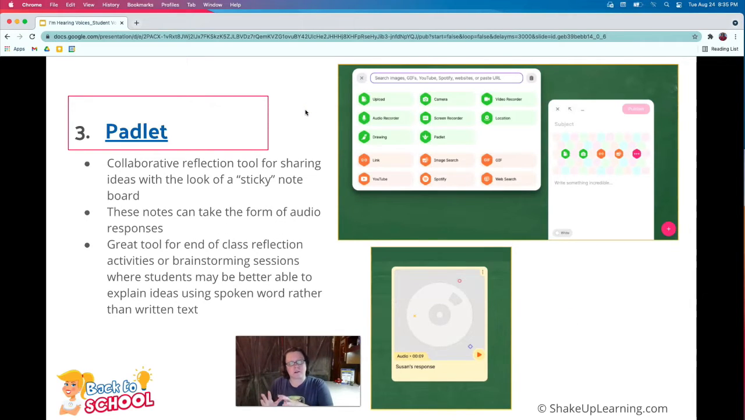Padlet is one of those things that have been around for quite a long time. And yes, Padlet used to be free. It's not free anymore. I believe the free version allows you to only set up 3 lessons or presentations or boards at one time. But it is an awesome collaborative reflection tool. Think about those times in professional development sessions